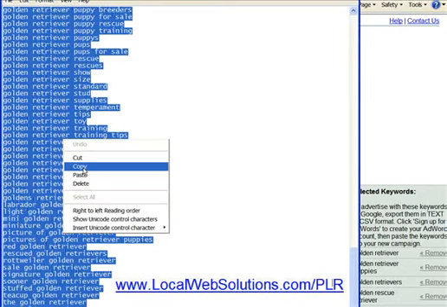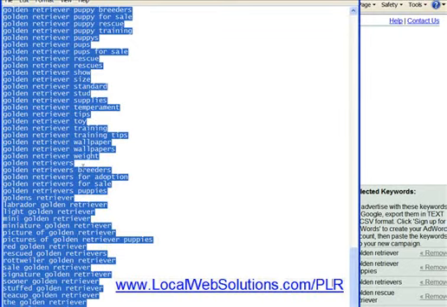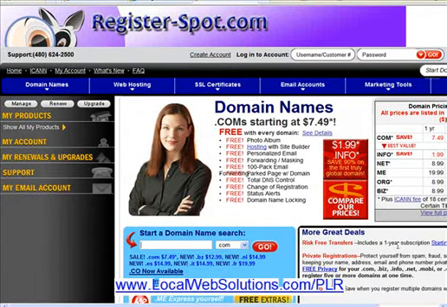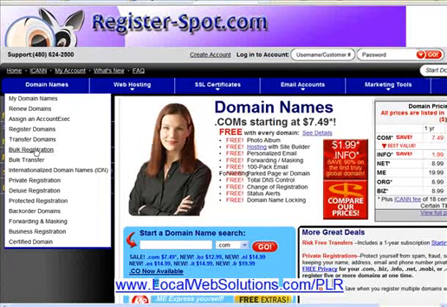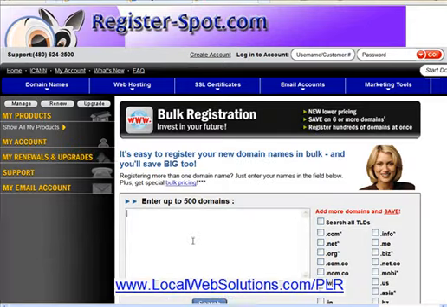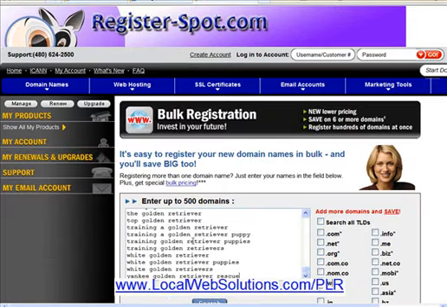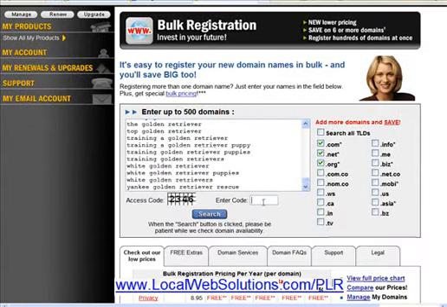Select all, we'll copy them, and then we'll go over to Register Spot and see how many of these have a URL available. Here I am at Register Spot, and we just want to hold our cursor over domain names and go down to bulk registration, and it will bring up this box for us that we can enter our domains into. So we just click in here, paste in all of our domains, and then check .com, .net, .org, and we enter this code here and click search,